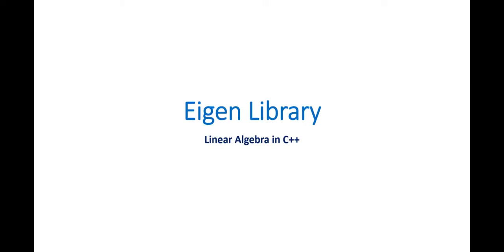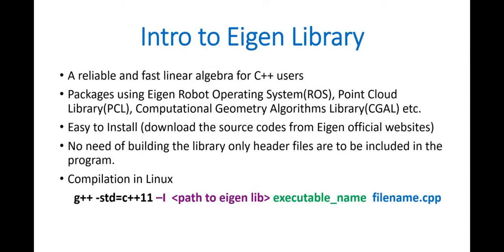Hello everyone. Today I will be talking about a very powerful C++ library called Eigen. Eigen is a C++ template library for linear algebra calculations. People are using the Eigen library for various linear algebra computations in their projects, and many popular projects like TensorFlow, Robot Operating System, point cloud, computational geometry, to name a few, are using the Eigen library for their linear algebra